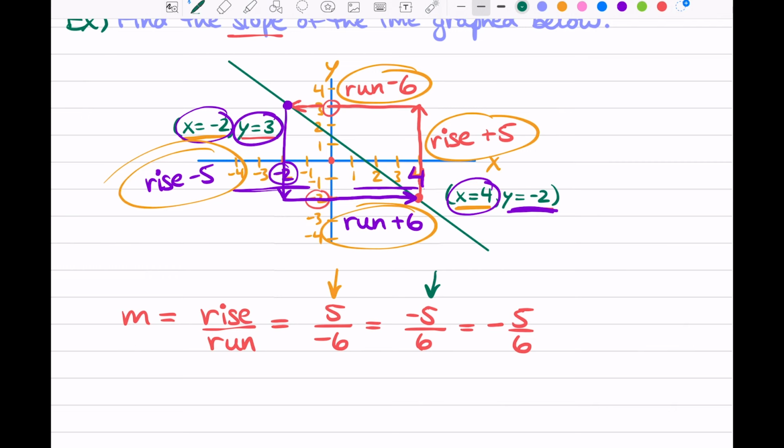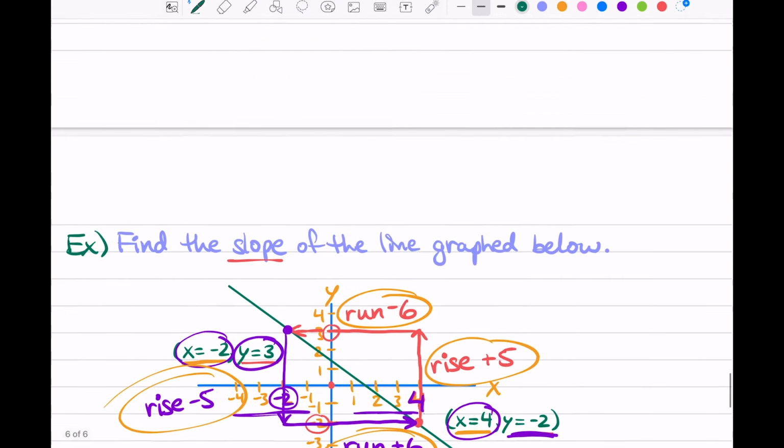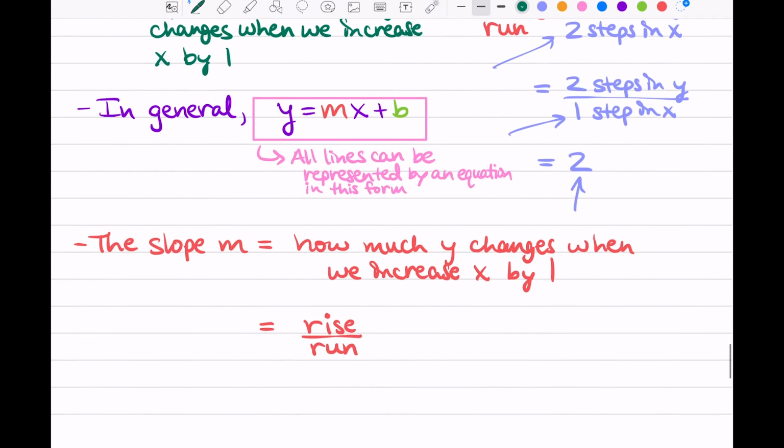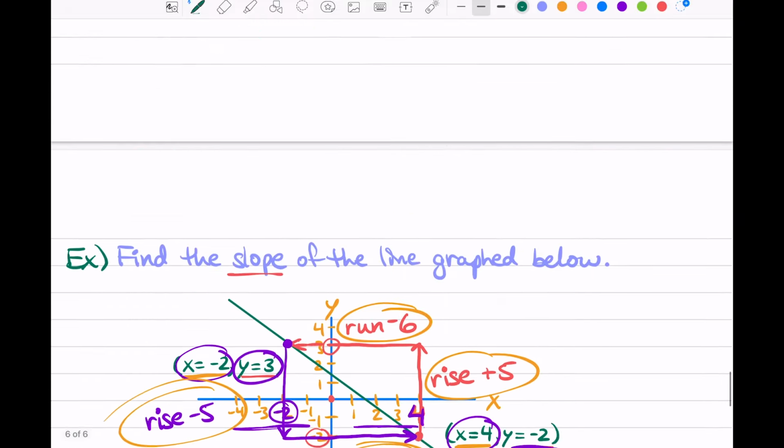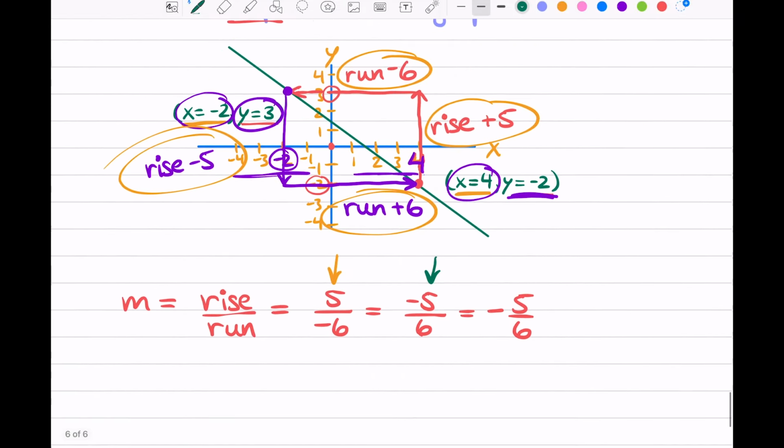This one said it the opposite way. It said we go down, that's what these two circles were. We go down 5 for every 6 that we run to the right. And remember, in our first example up here, we see that this equation, our rise over run, brings it down to a per one step in x. So it brings it down to a way of thinking that is a little easier to understand. So we can say that when we have our final answer right here,